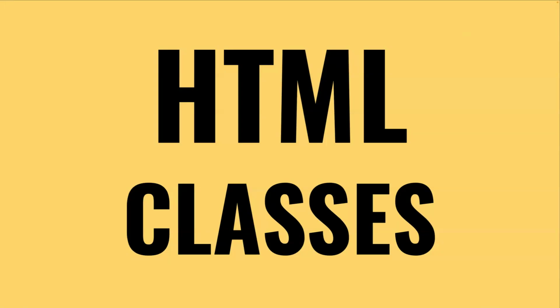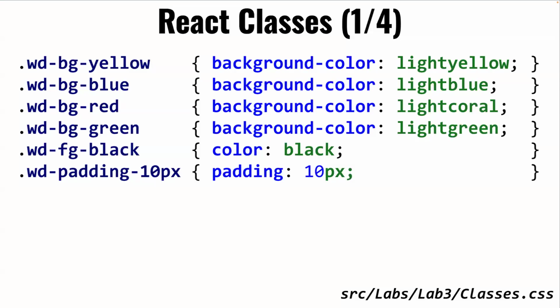So first, let's take a look at using classes. We'd like to be able to compute classes that we might want to apply. Now we want to maybe create an expression that can evaluate perhaps to one of these various classes. These might be classes that we have written ourselves, that we define, or these might be classes that are defined by some library like Bootstrap or Tailwind or whatnot. And they're very well defined, and we might want to programmatically choose that we want to display something with this class or that other class, or red or blue or yellow, depending on some rule or some algorithm. So let's create